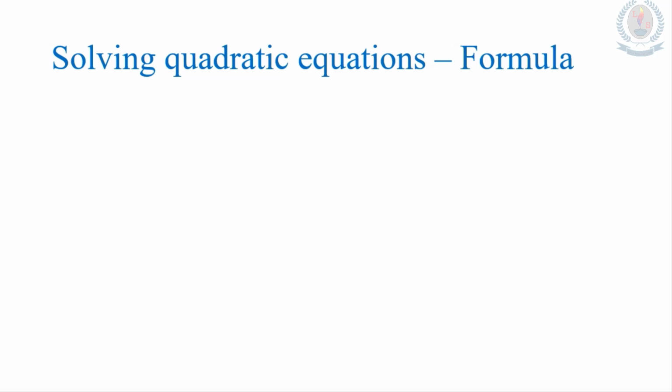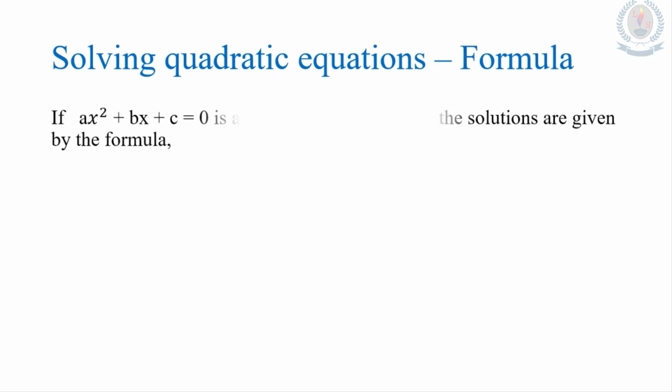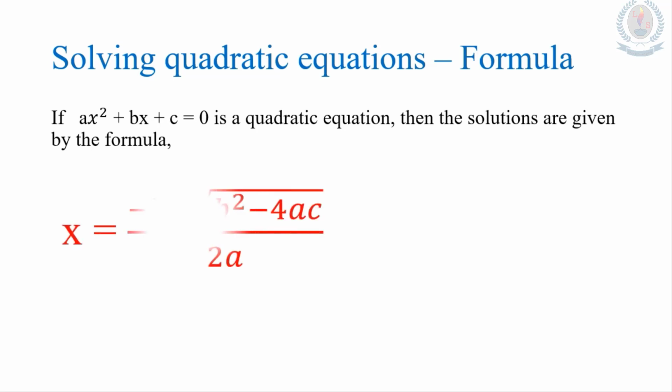Our next subtopic is solving quadratic equations by general formula. There are 3 methods. Now you have learned factorizing and the completing square method. The last one is using the general formula to solve quadratic equations. Now here you can see, if ax square plus bx plus c equals 0 is a quadratic equation,